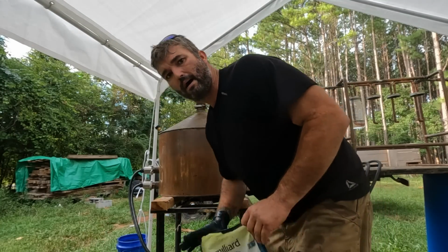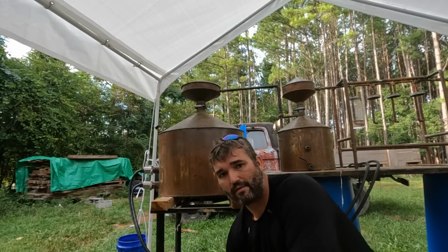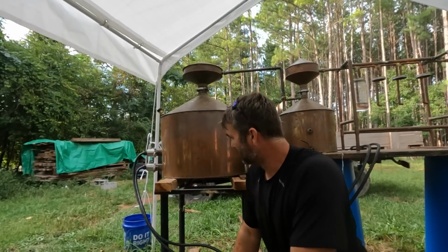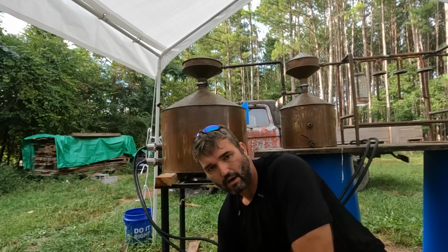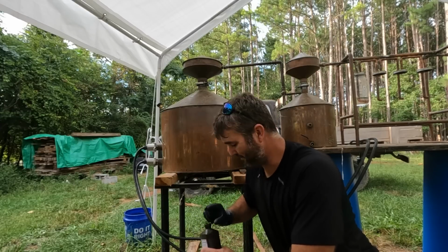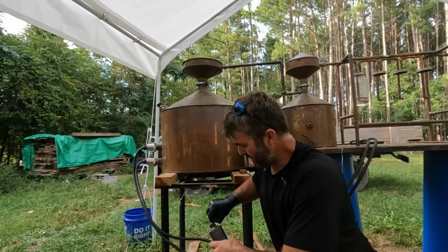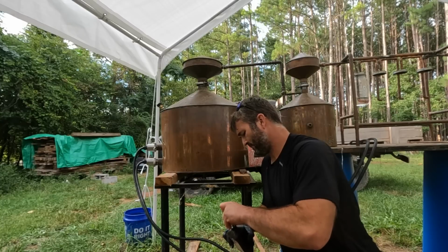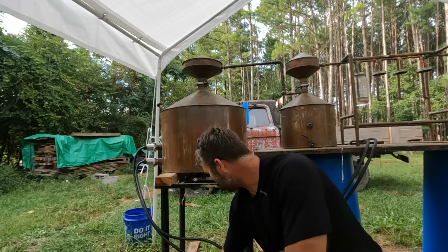Alright, so my recipe for cleaning copper is pretty simple. I've got a black glove on here, and it's not because I'm using anything harsh or chemical, it's because I've got a good cut on my finger, and a cut hurts when you get vinegar on it. So I don't ever really measure exactly my ratio here. I just usually take about a gallon of vinegar,